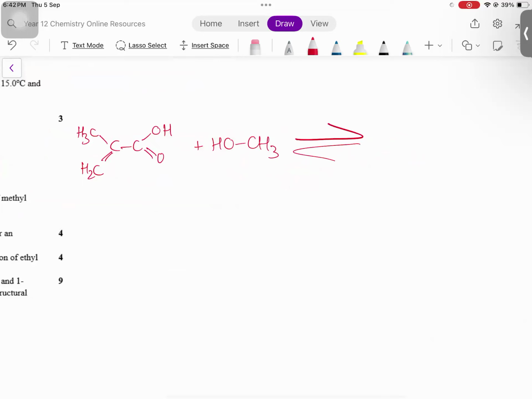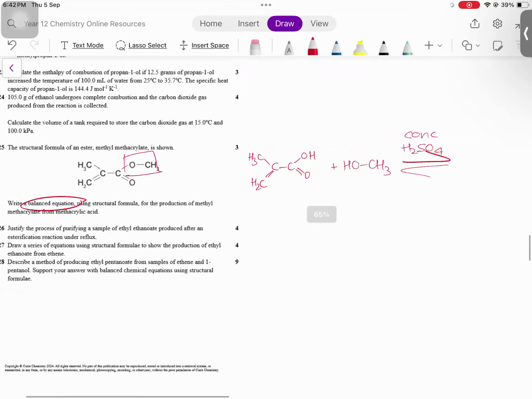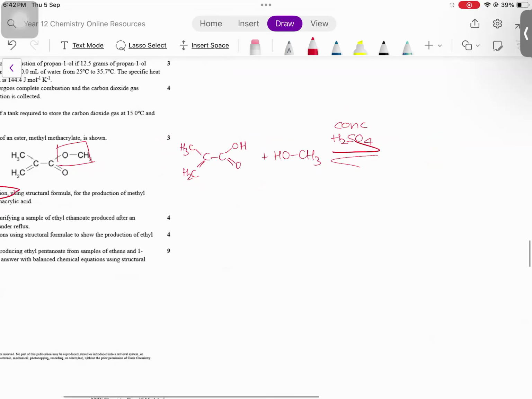Esterification, don't forget it's a double arrow. And then what's the catalyst that I write above my double arrow? H2SO4. What kind? Dilute? Water gets made, water gets removed. I need a dehydrating agent. Oh, concentrated. Yes. Concentrated H2SO4. And then ester plus water, they've given me the ester, so I just copy paste